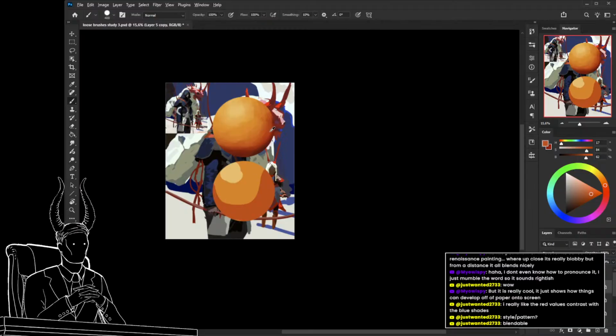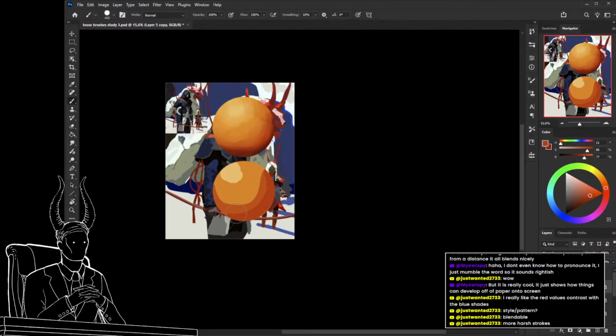You go with something very approximate first, and then you create the texture without